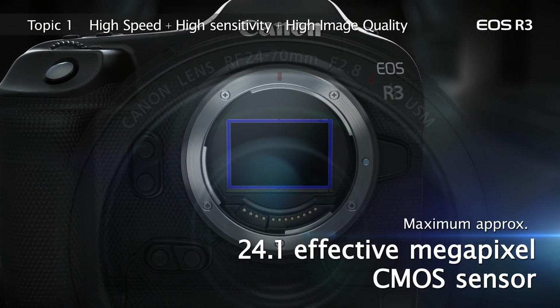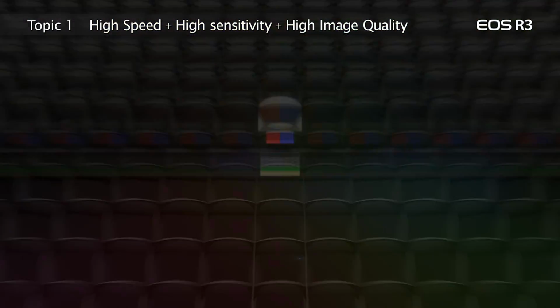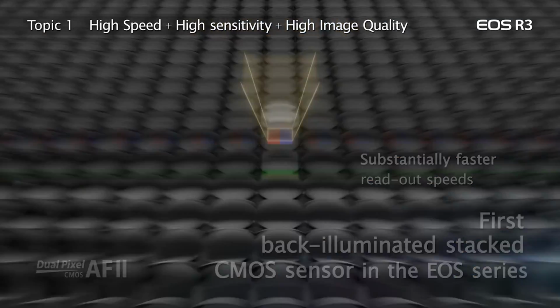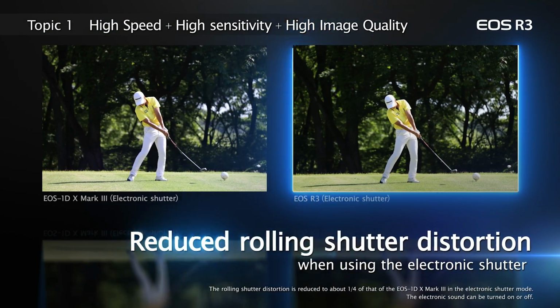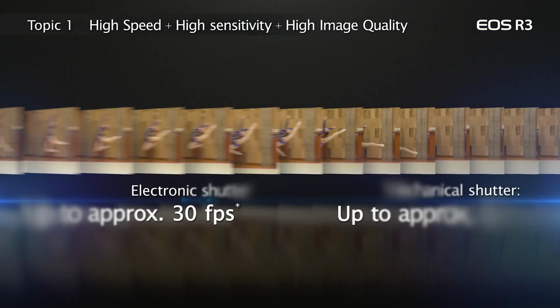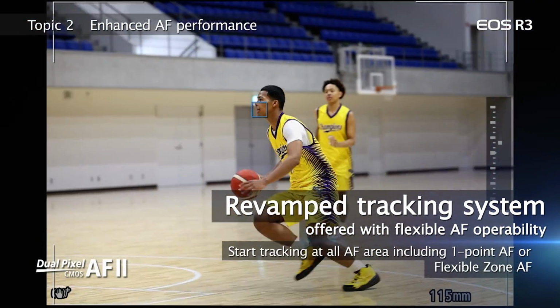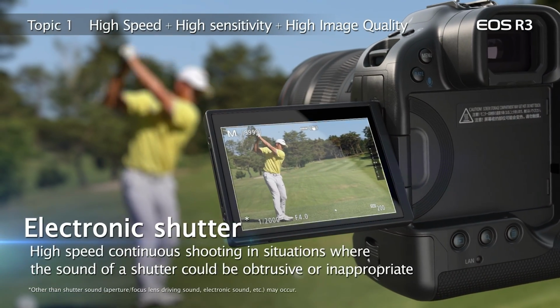A completely new 24.1 million pixel back illuminated stacked CMOS sensor designed and produced by Canon provides vast increases in operational speed. That translates directly into benefits such as blackout-free viewfinder shooting, far less rolling shutter distortion in still and video imagery, up to 30 raw images per second with electronic shutter, and the highest levels of AF speed and performance yet in the Canon EOS R system. Speedlight shooting is also possible with electronic shutter active. In fact, the EOS R3 is designed primarily for electronic shutter operation, although mechanical shutter and first curtain electronic shutter